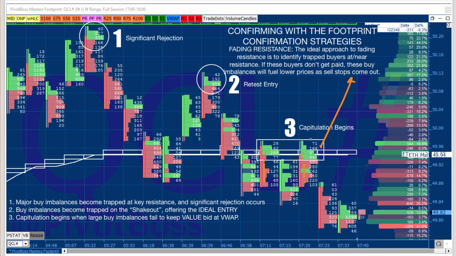But if the market and lots of buyers can't get value to stay bid, it's going down. The reason I mention this is because you have to start having conviction with these strategies and tactics and concepts. You have to believe in them. I believe in these concepts. I know that when I see this happening, that's not good. This should happen. And that gives you conviction to get in there and mix it up, put your limit there and offer with the offers. And then from there, you could be looking at much more weakness ahead.